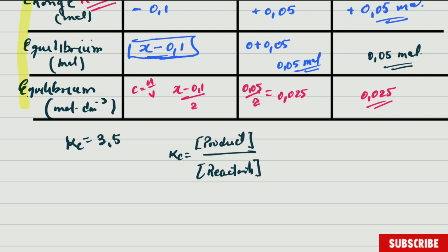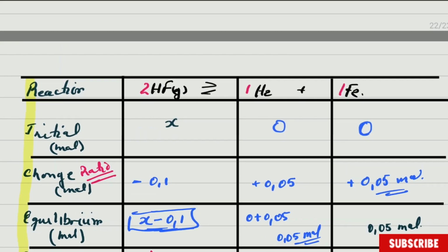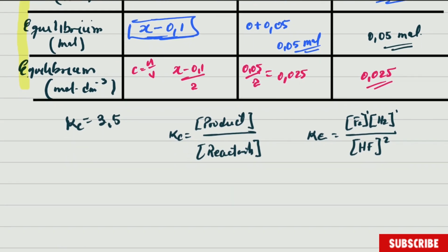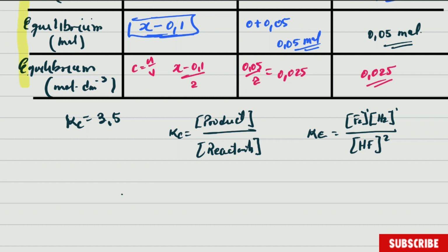Here you can only use gases and aqueous solution, guys. So if you write the correct expression for this reaction, you have that Kc is equal to the concentration of fluorine or hydrogen, it doesn't matter, multiplied by the concentration of hydrogen, both of them to the power 1, that is the ratios, and then concentration of hydrogen fluoride to the power 2. The power 2 is because of the number at the front, guys. It's quite simple. So if you substitute the formula, the Kc is 3,5, and this one is equal to